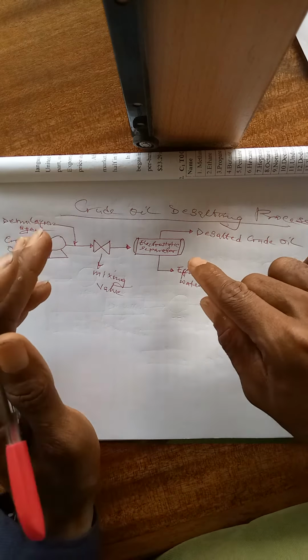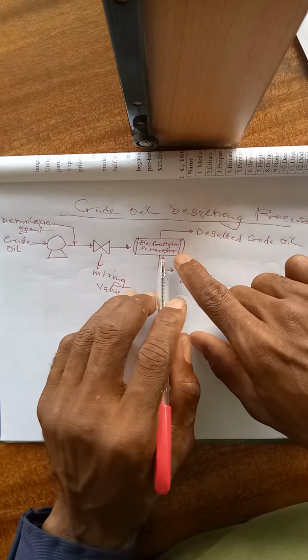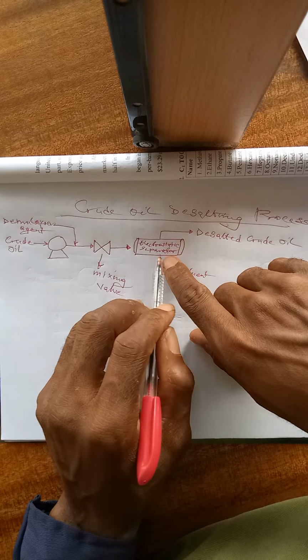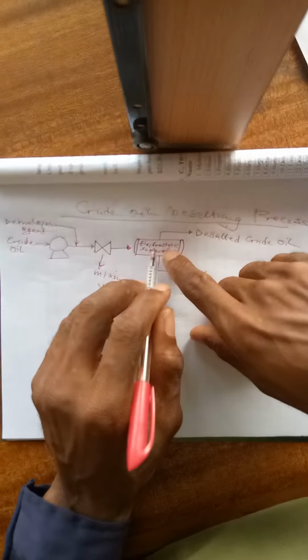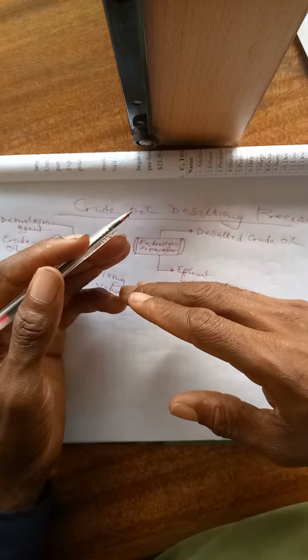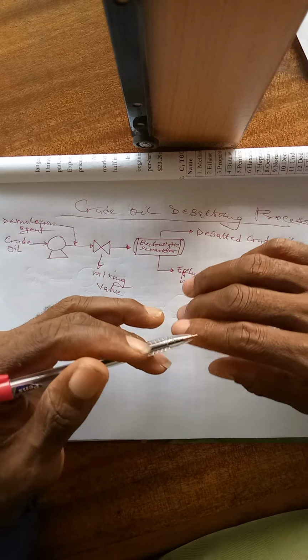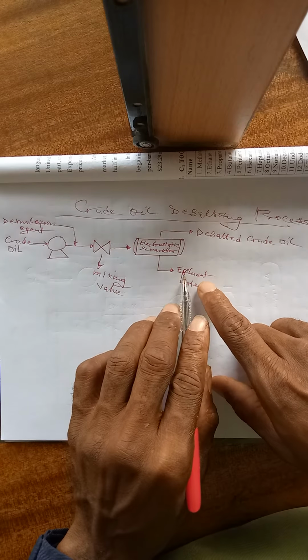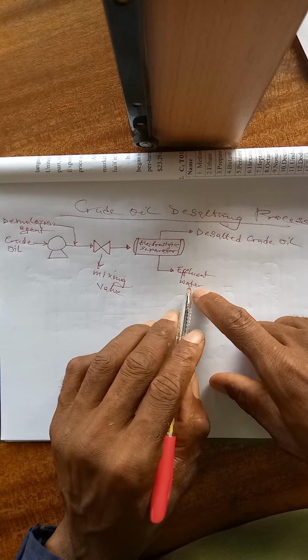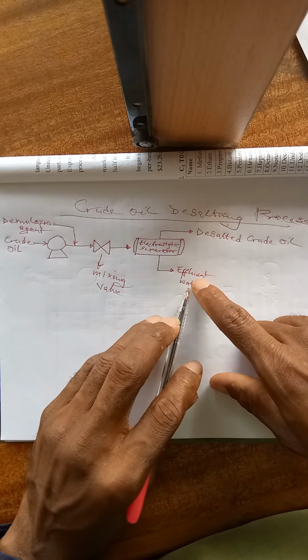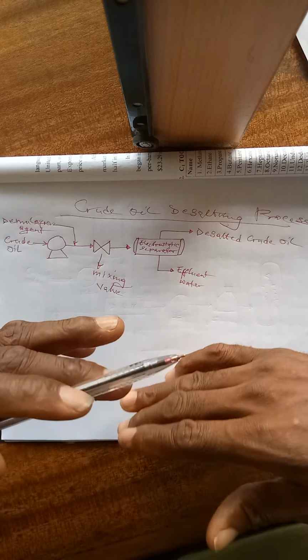Okay, so at this particular level, what happens at the electrostatic separator is that the crude oil and the water is being separated. Not just the water, the effluent water, it's salty water. Let's use the word salty water. So the salty water comes out at the bottom,